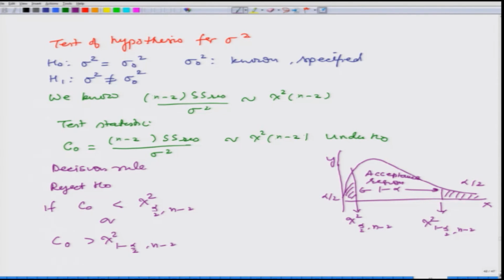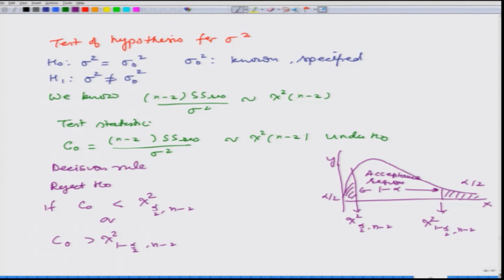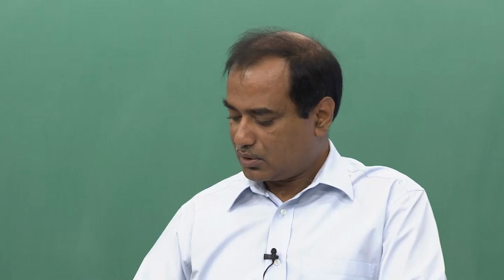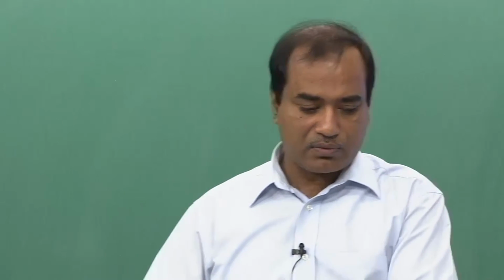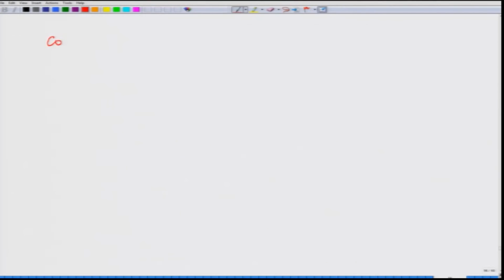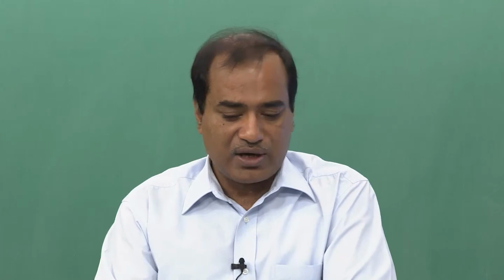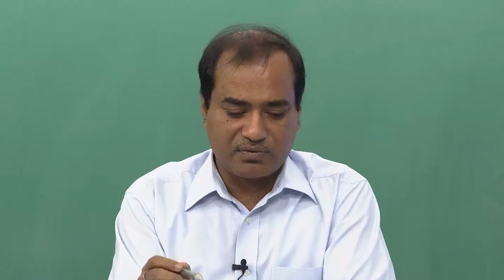Now, we can also construct the confidence interval for sigma square. So, now we consider the confidence interval for sigma square. In order to construct it, we are going to use the